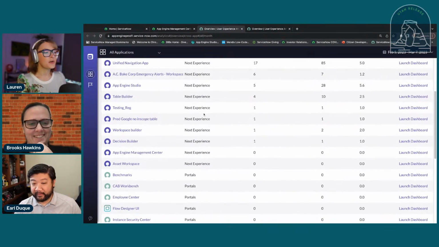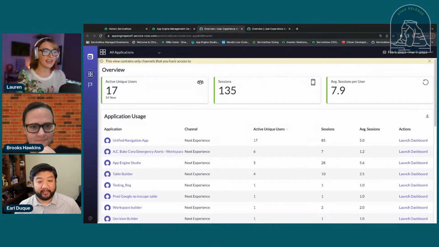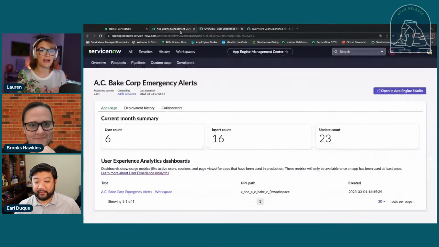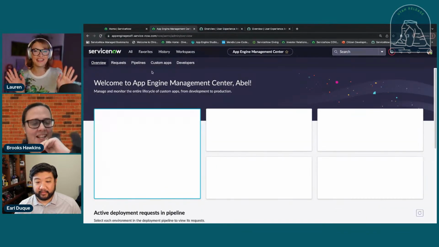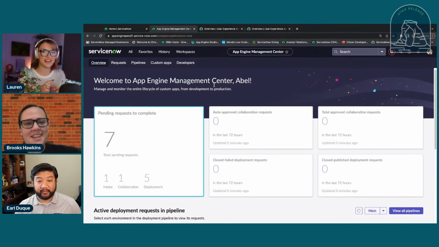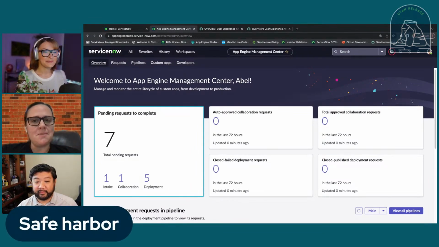Man, so this seems to have covered, especially the difference between this version and even November Tokyo is massive. I can't imagine what might be coming next. Are there any hints that you are comfortable giving us? Yeah, under the guise of safe harbor, absolutely. We're hoping to get some of this out in Vancouver, but definitely Washington's going to be